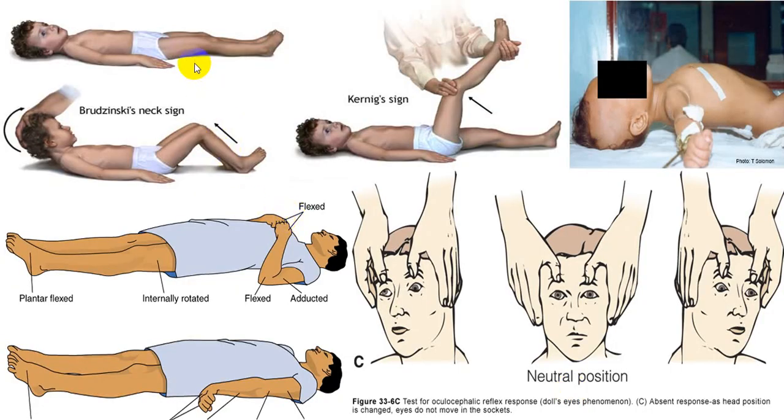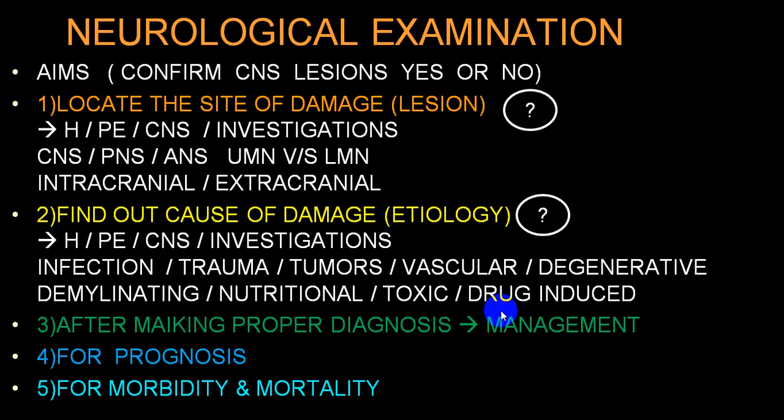So these are what we call meningeal signs: Brudzinski sign, Kernig sign, neck rigidity. Then what is the type of posture in an unconscious person, whether it is flexion, extension, or flaccid. You can go for brainstem signs like Doll's eye movement, caloric test, etc. So for confirmation of the CNS lesion and localization, we require, whether there is a CNS lesion, answer yes or no, then you can proceed with